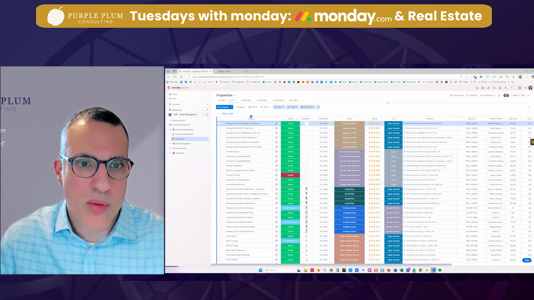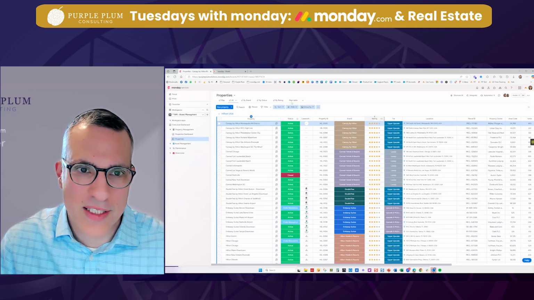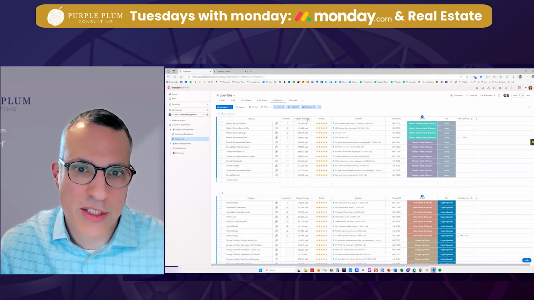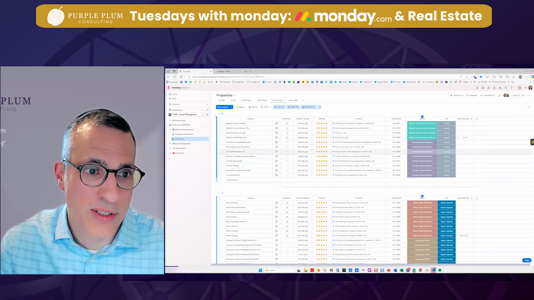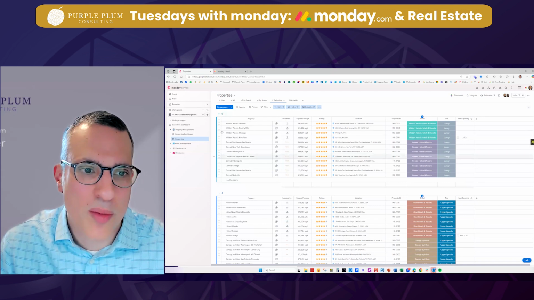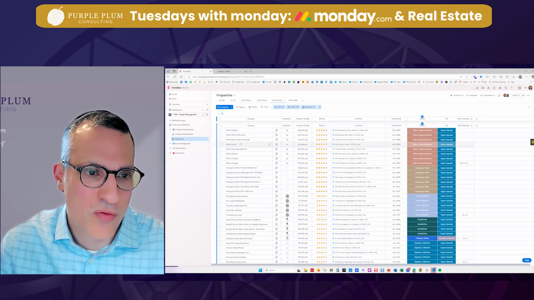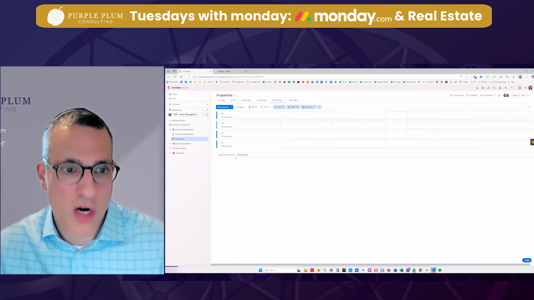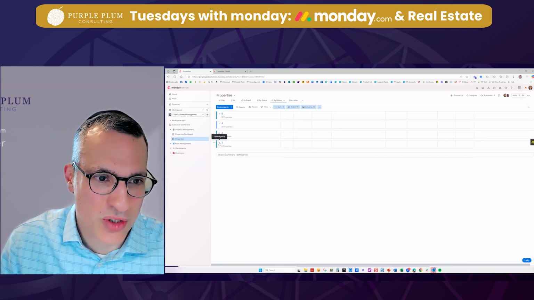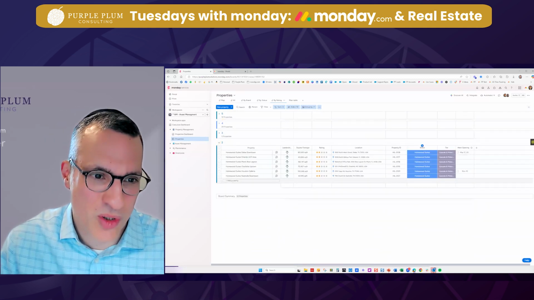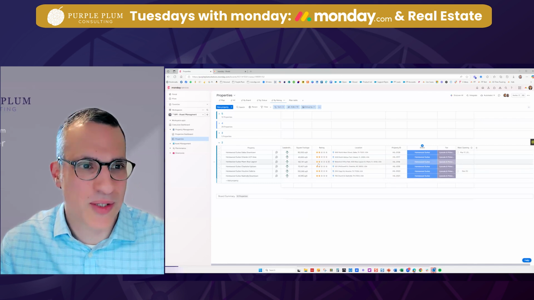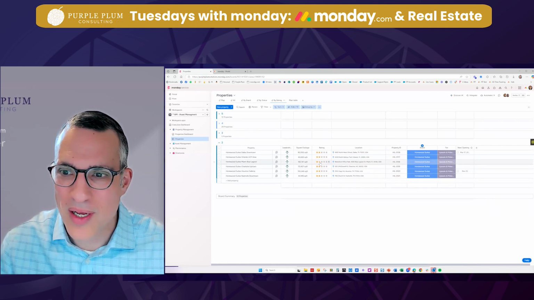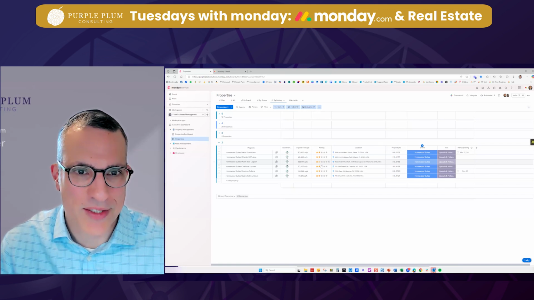So that is how we look at properties. We've thrown in a nice little rating system, and the beauty of Monday is you can organize and group by all sorts of factors. So if I wanted to see all my 5 out of 5 star properties, these are them, and so on and so forth through the different star ratings. We've got a couple in the 2-star, or 6 of them, that happen to all be Homewood Suites. Those probably warrant a little bit of attention, right? As to what's really going on and how we can bring them up in terms of their rating.